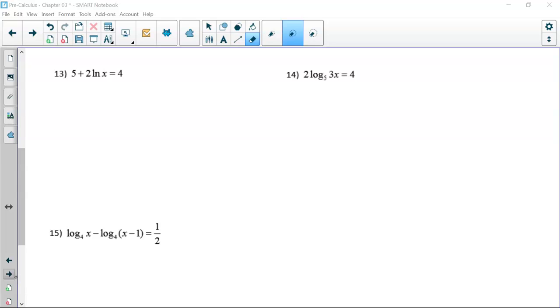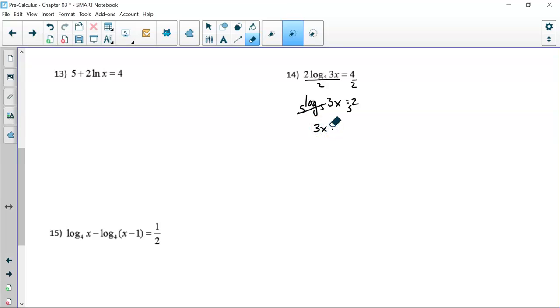So for number 14, isolate the log. You want to start by dividing both sides by 2. So we get log base 5 of 3x equals 2. Now we want to undo the log. To do that, we're going to use exponential with our base of the exponential being the base of the log, which is 5. So 5 raised to the log base 5 of 3x equals 5 squared. The 5 and the log base 5 cancel out, so 3x equals